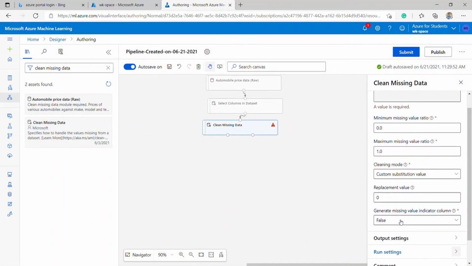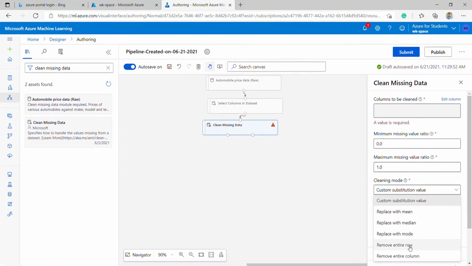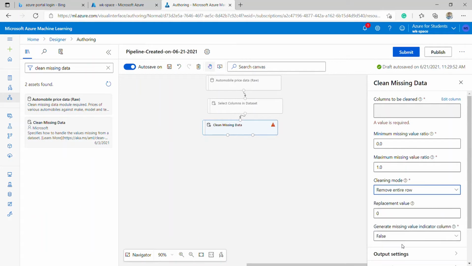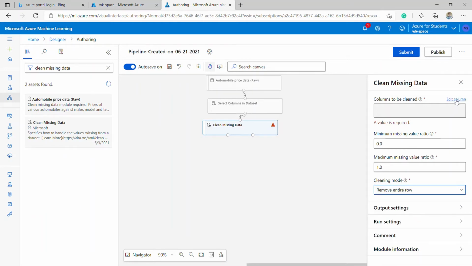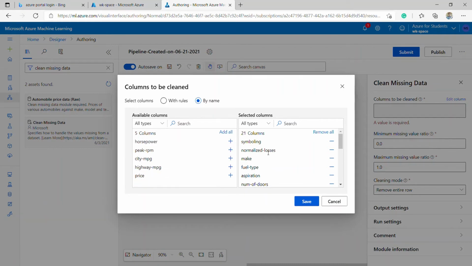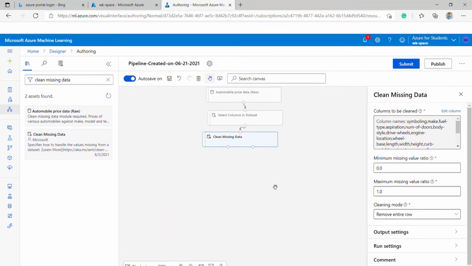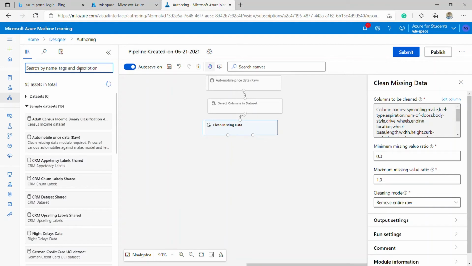Okay, yes. So we're going to use remove entire row. Okay, we are going to select by name. So all our columns will be cleaned up, excluding normalized losses. Yep, save. Great. So from here, the next thing to do is to split